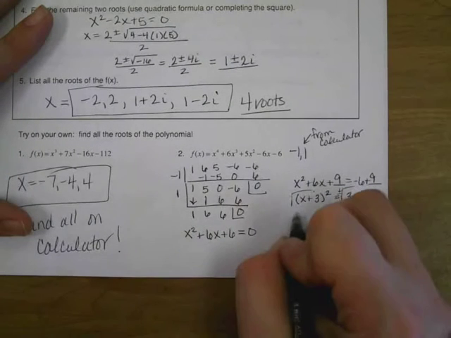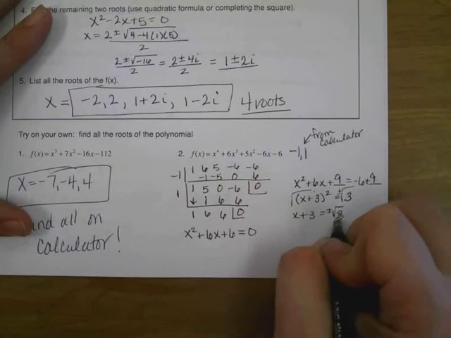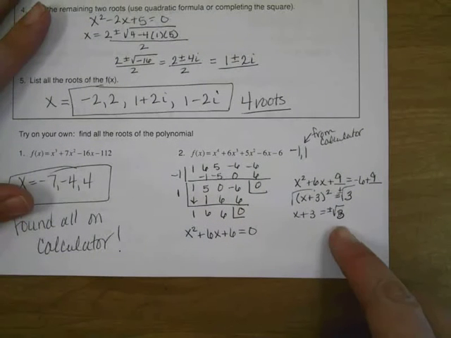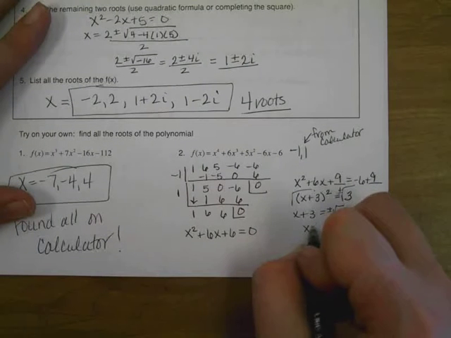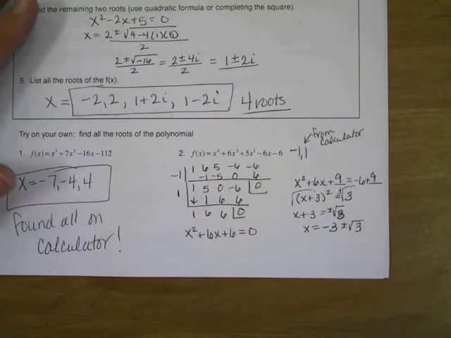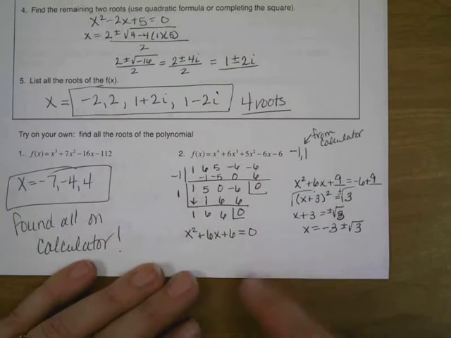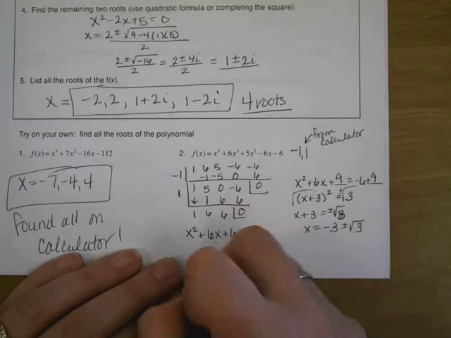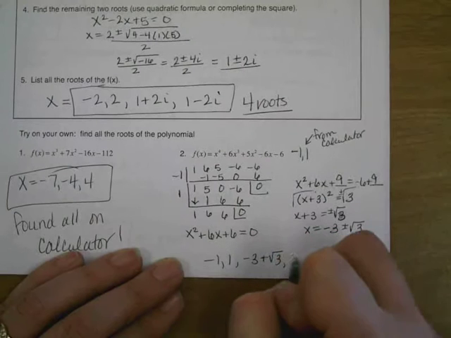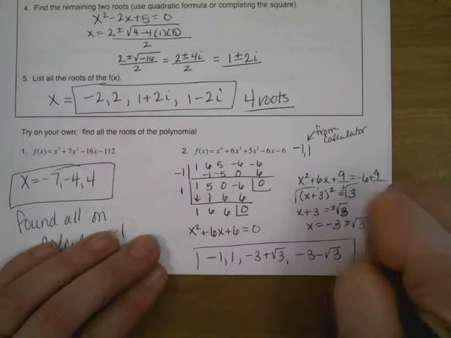Get rid of the squared by taking a square root of each side. So x plus 3 equals plus or minus the square root of 3. Can't break 3 down, so all I have to do now is subtract this 3 to the other side, so -3 plus or minus the square root of 3. So I did get the real answers, but they're definitely irrational. So those 2 right there bring my total to 4. So I've got -1, 1, -3 plus root 3, and -3 minus root 3